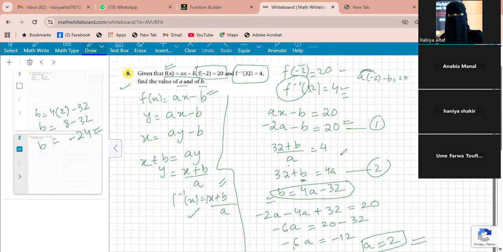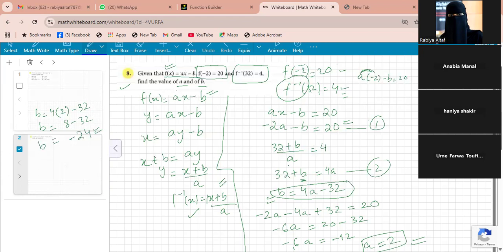After forming these two equations, we need to solve them simultaneously. We can go for the substitution method. In the substitution method, we can just make b the subject of this formula. We can find the value of b. After finding b, we need to put it in the other equation, which is equation 1. And then after solving it completely, we will get the first value, a. And after getting a, we need to put it again in any of the equations to get the value of b. So this is all about question 8.